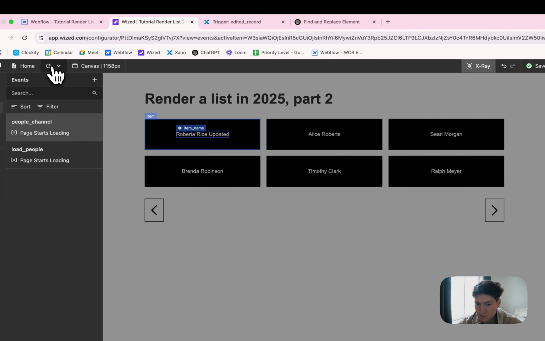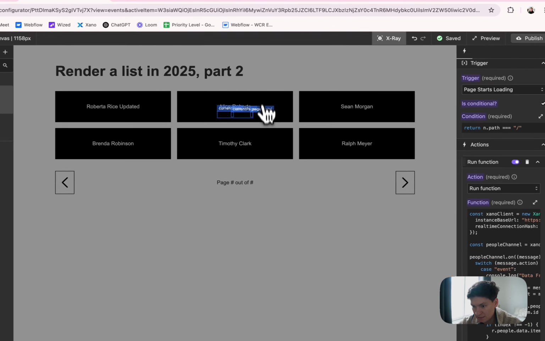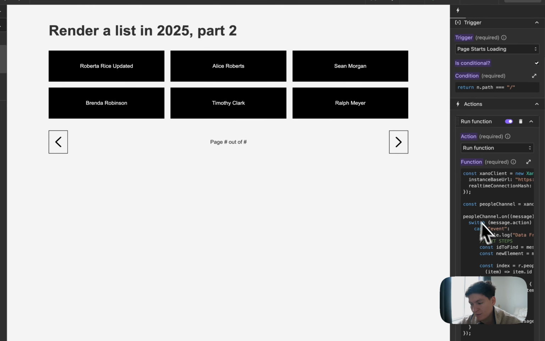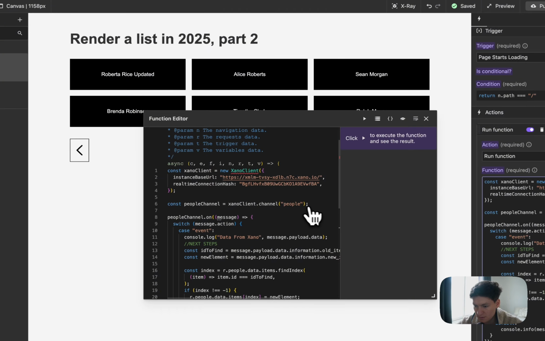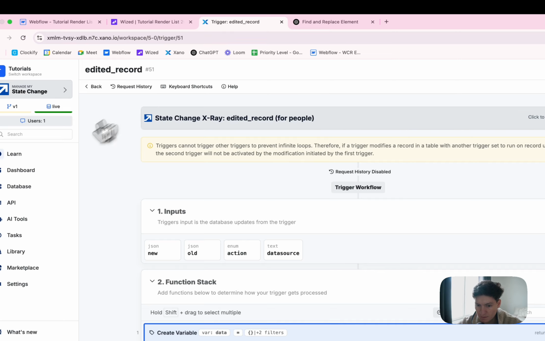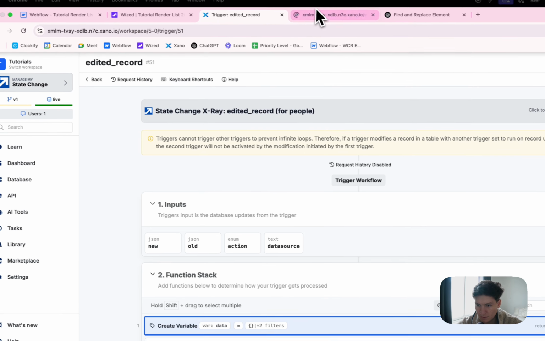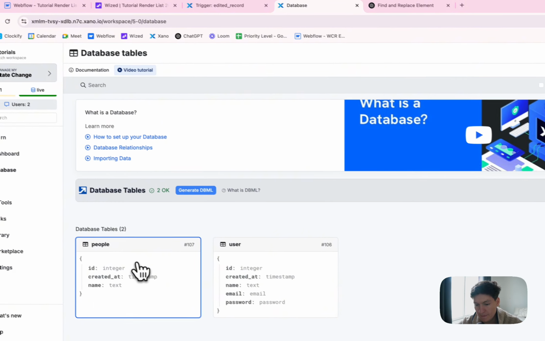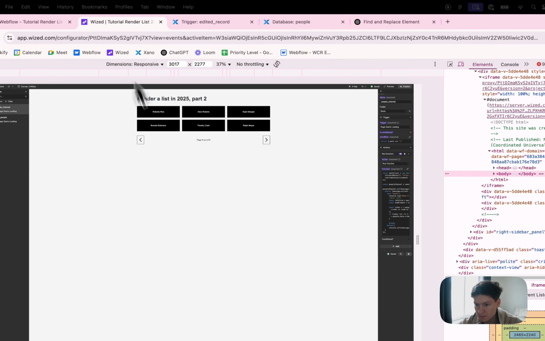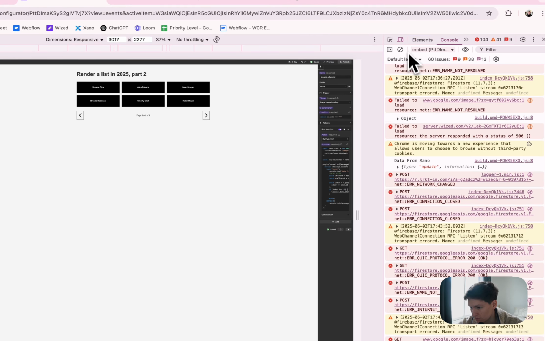Awesome. So let's see if this is still working now that we have updated it slightly. But now we have a type of event. So based on that, we can create certain logic. So let's inspect our console. Let's open a new tab with our database, with our table. Let's go to people. Let's just remove this. Great, it was updated. Let's take a look at our front end. Awesome, it was updated. And in our console,